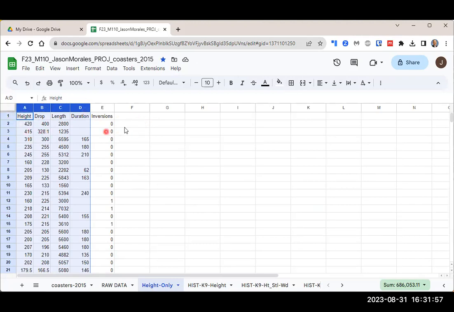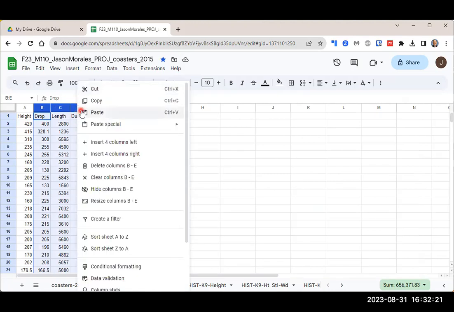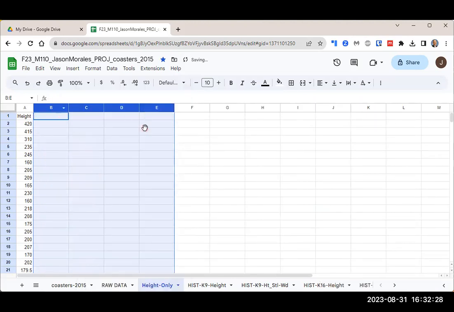Now to deselect these, I just want to click on a cell somewhere out to the side. And now I want to delete these columns. So I'll select column B with the left mouse button, come over here to column E, hold down the shift key, and left click on column E. And that'll select all of the columns in between. Now I can go ahead and delete columns B through E and left click. And now all of those are